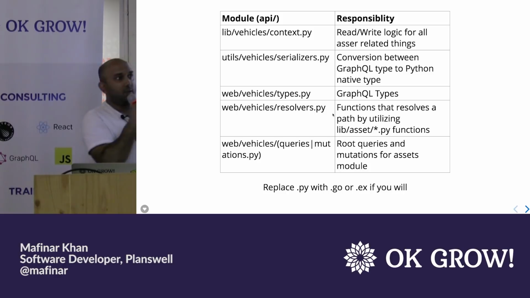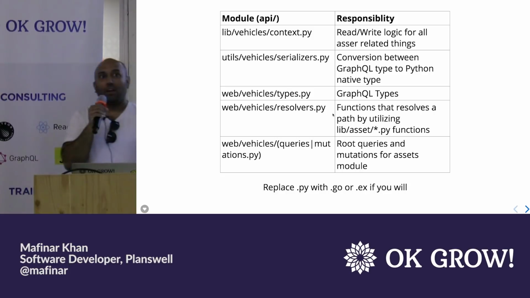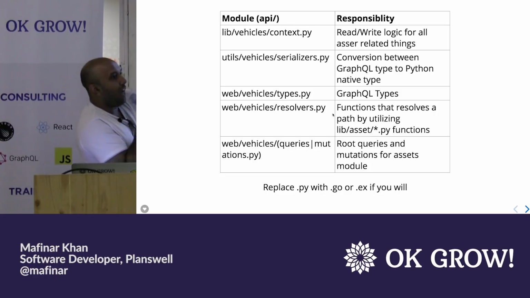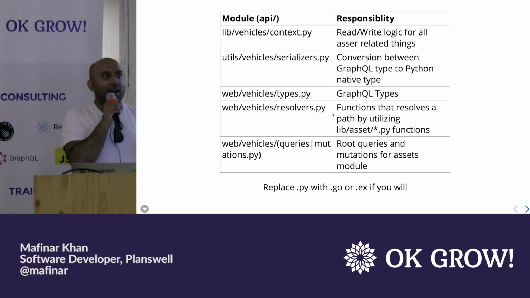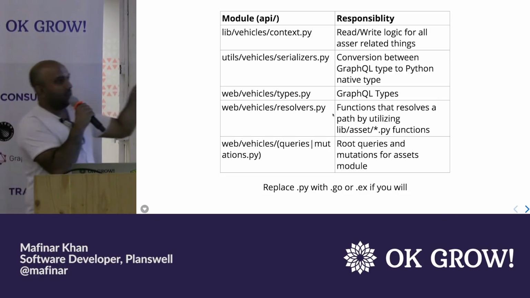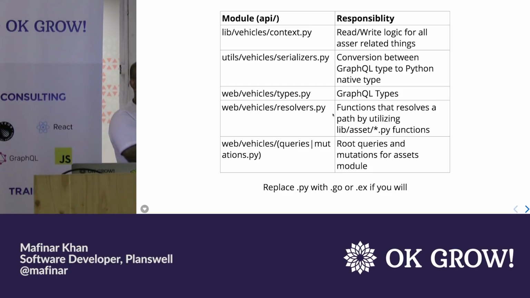lib/vehicle/context had all the logic for reads and writes. So there are device inventory, vehicle, user, and authorization. Each of them has a separate submodule, and they all have their context and all the other stuff that communicates to the database, writes to the admin panel, fetches from the database, and all these other things. And then the serializer. Serializers convert the Django domain model, the Django active record model, into the schema types. And then types. These are the two main functions of the non-web part.